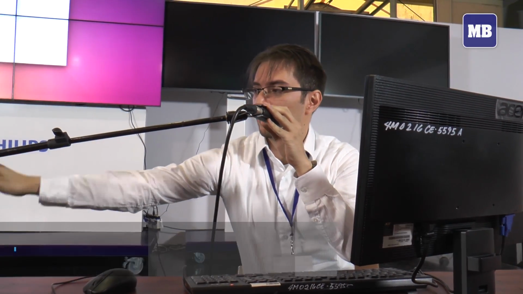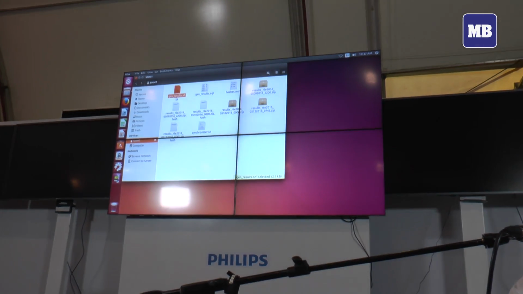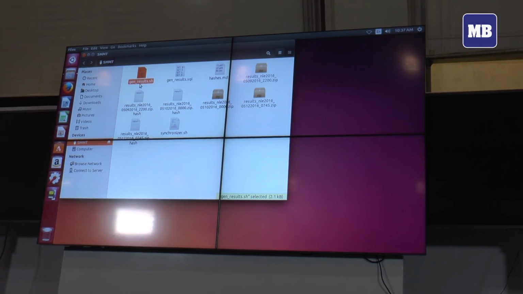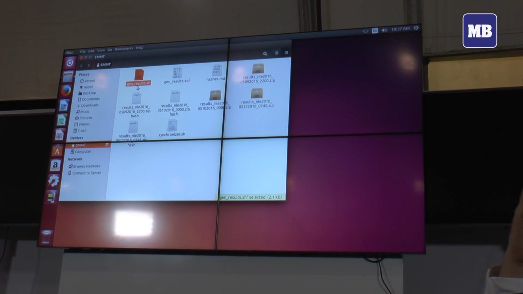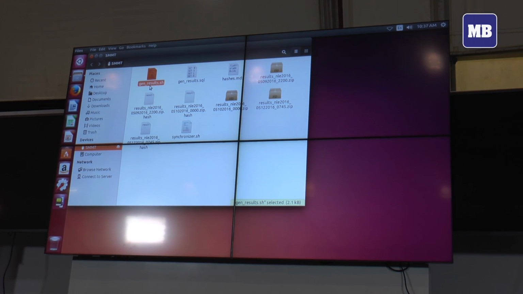Basically, as James said, why don't we take a look at the files that we extracted yesterday from the transparency server. What are the files that we got from the transparency server? In here we have several files. Some of them, the ones that end with SH, are what are known as scripts. Basically, a set of instructions that the operating system will understand and will execute in order to have an output,